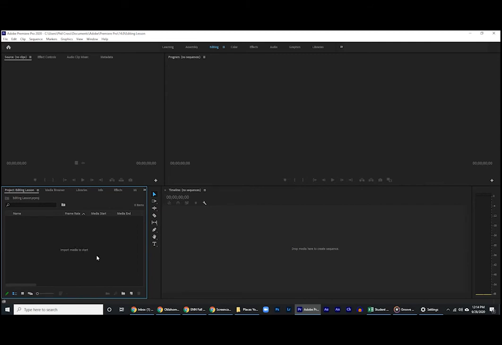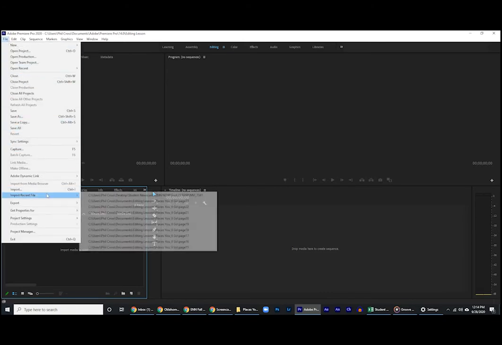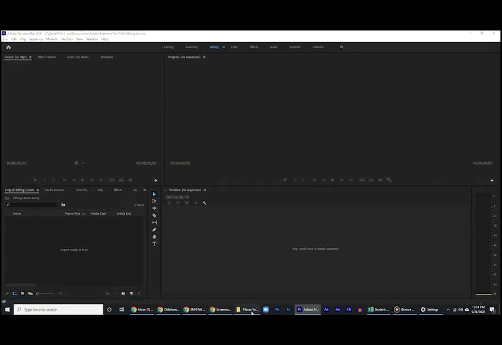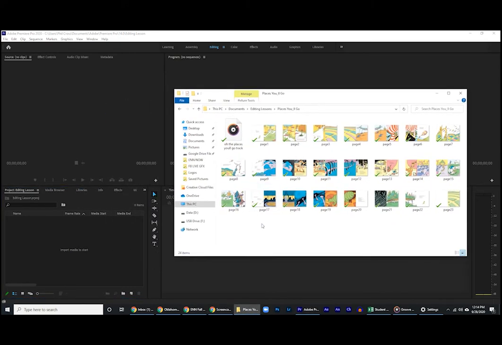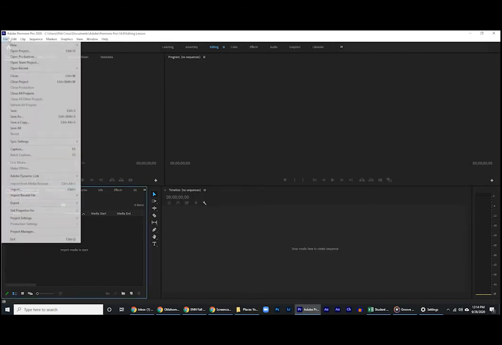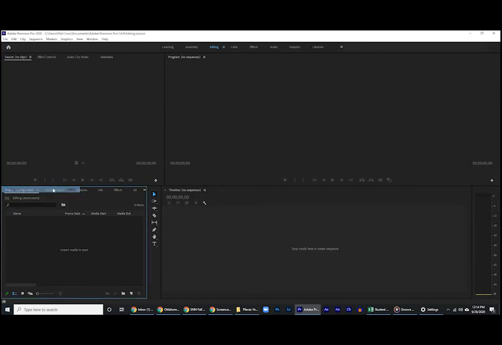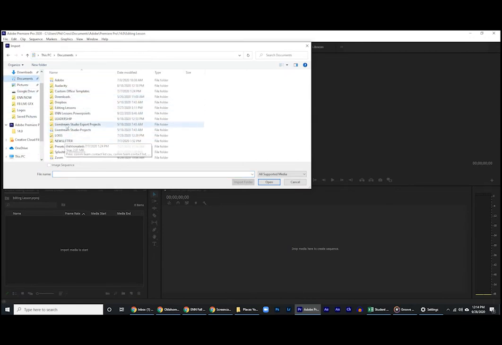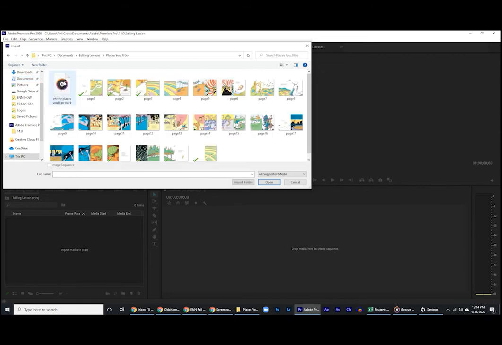There are a few ways you can import video into Premiere. You can click File and scroll down to Import. You can also right-click on a PC and select Import, or you can just go to the folder where your video lives on your computer and drag and drop it into Premiere. For now, let's go with File, Import. Here you can select multiple files, so try to grab everything you need in the first go-around. It's not the end of the world if you don't. It will just make organization easier.